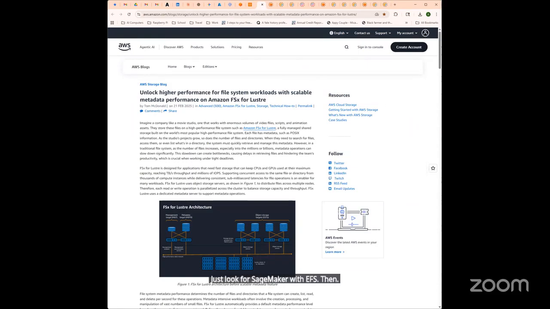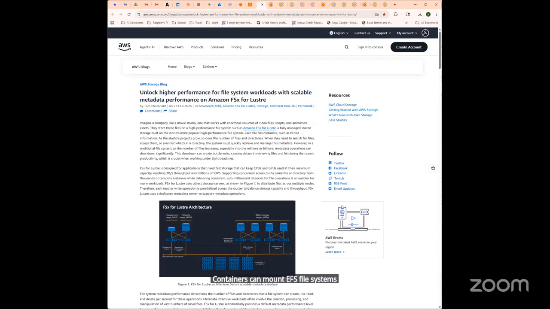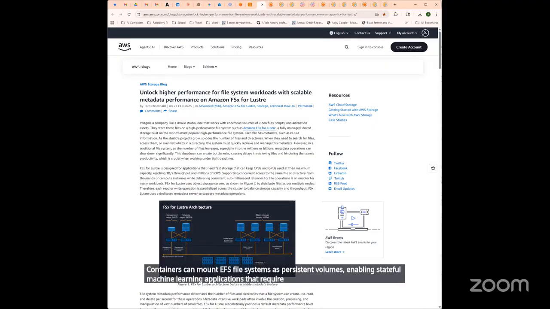Then you also have container and Kubernetes support. All right. So EFS provides excellent support for containerized machine learning workloads through integration with Amazon ECS and Amazon EKS. Containers can mount EFS file systems as persistent volumes, enabling stateful machine learning applications that require shared storage across container